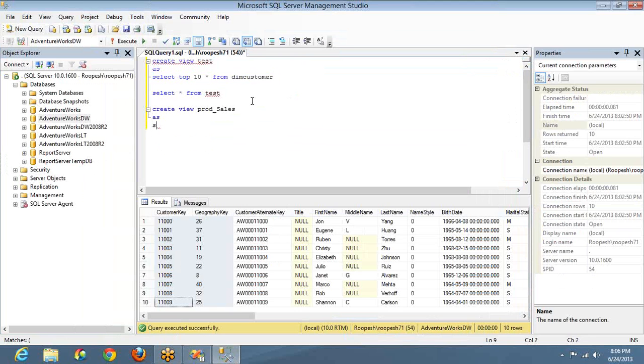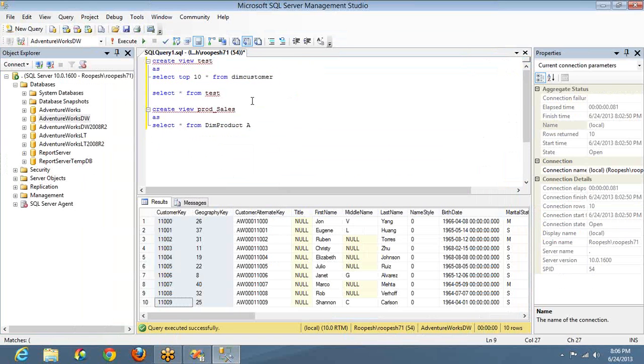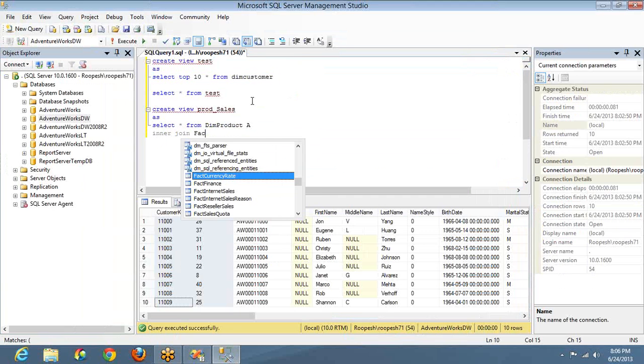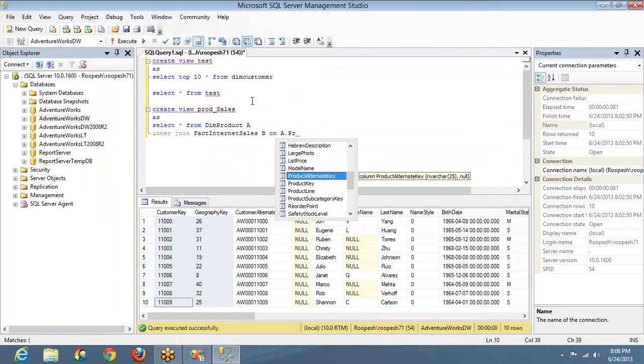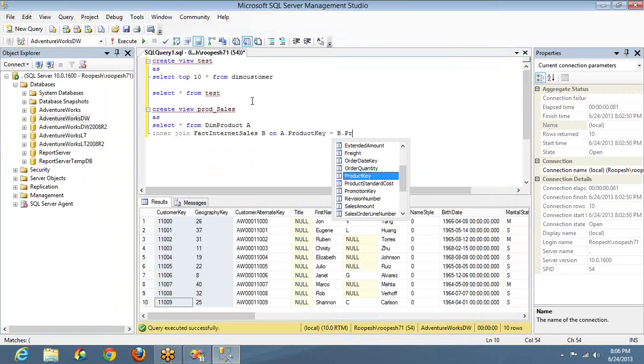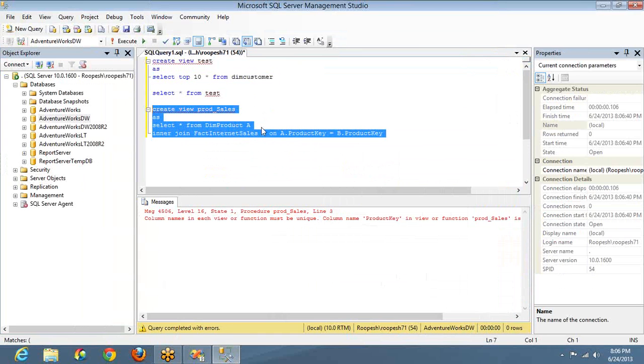So select star from dim product, I'll give it an alias A, inner join fact internet sales, I'll give it as B, on A dot product key is equal to B dot product key. Now if I create this,